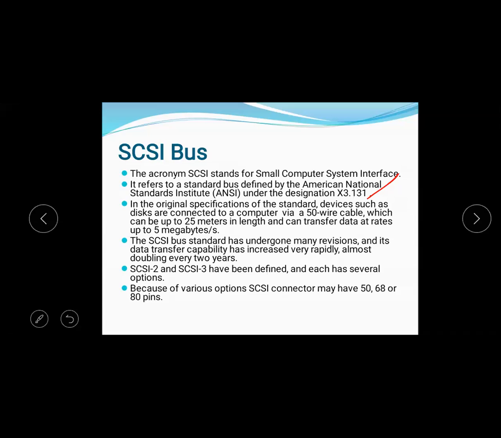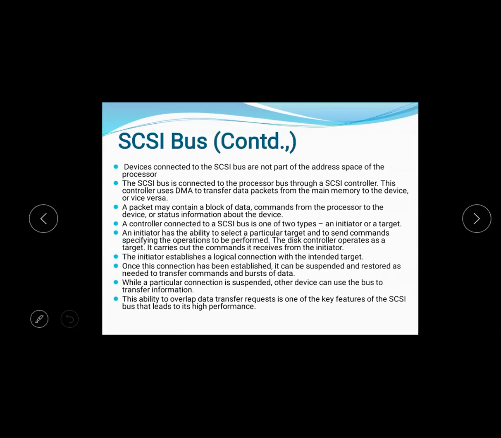Devices connected to the SCSI bus are not part of the address space of the processor.